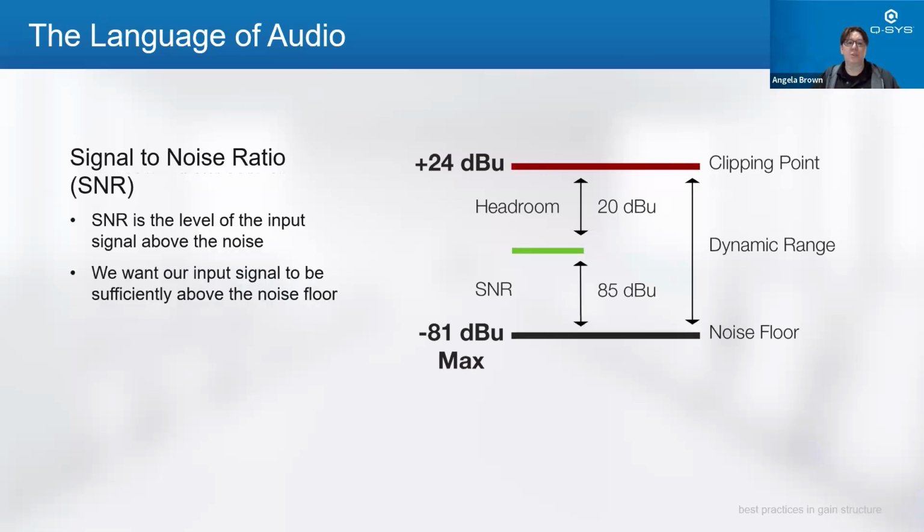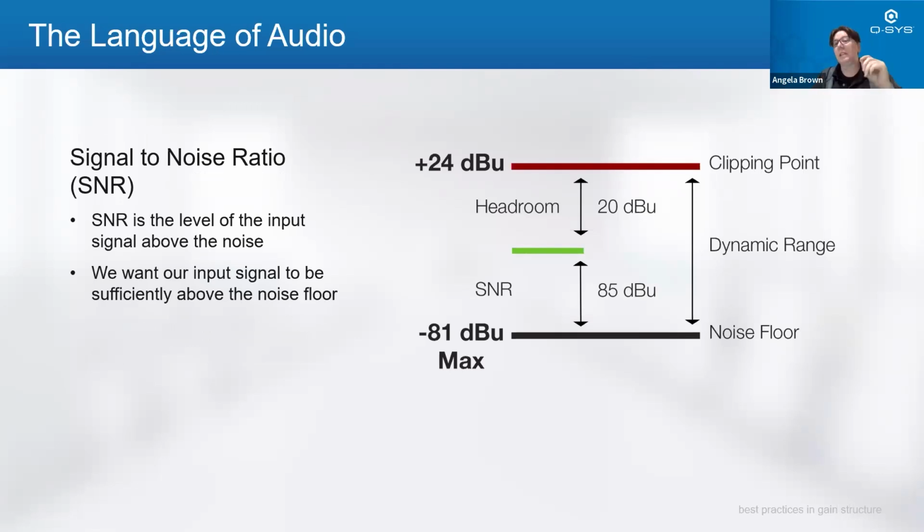So then we get into our signal to noise ratio. We talked about headroom. Headroom is kind of our signal to the clipping point. Now we need to get our signal to the noise floor, and that difference between those is what our signal to noise ratio is made up of. We want to ensure that the audio signal we want to hear is louder than the noise floor by enough